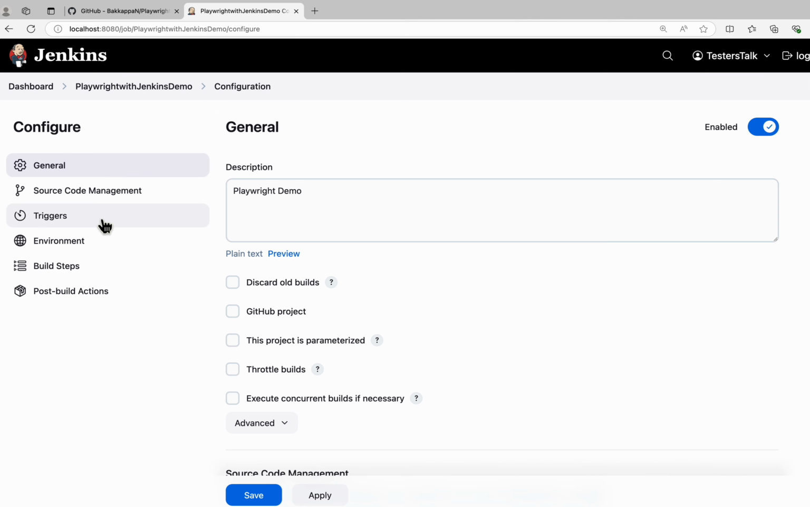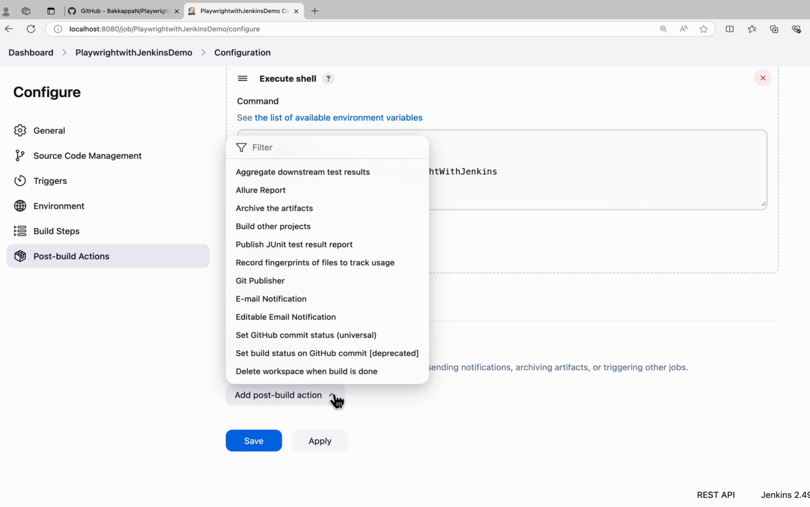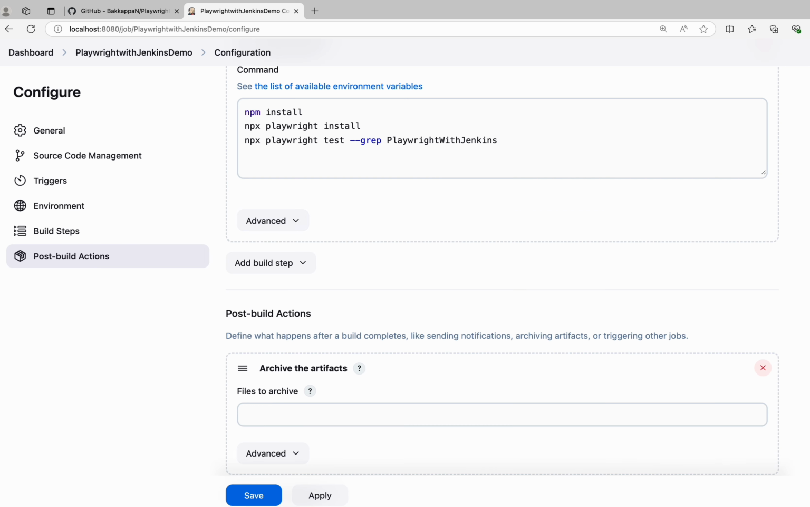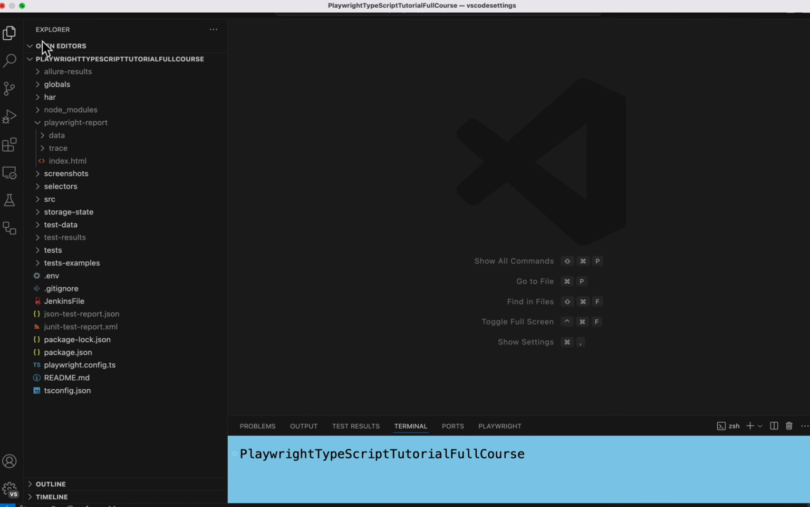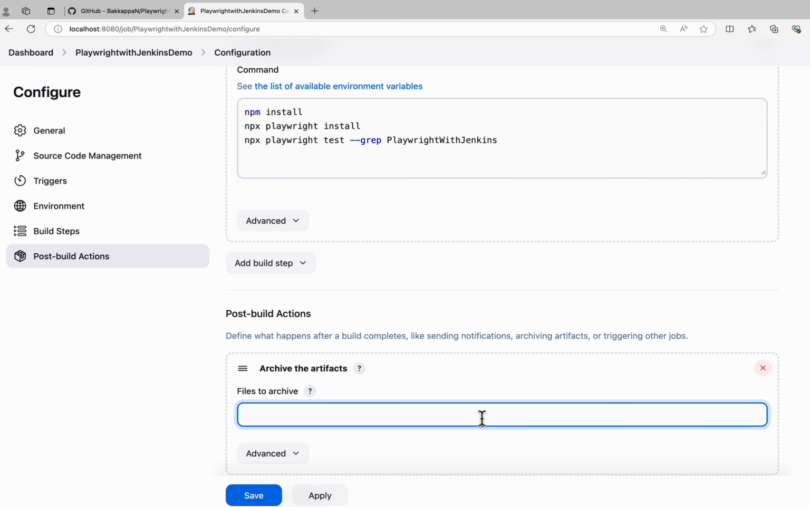Click on configure. On the left side you can click on post build actions. Let's select archive the artifacts. Simply you need to provide the path here. If you see here, this Playwright-report folder exists under the project root folder, and under that we have multiple folders, like the HTML file, and also the data and trace folders. So let's attach all these folders by using the path called